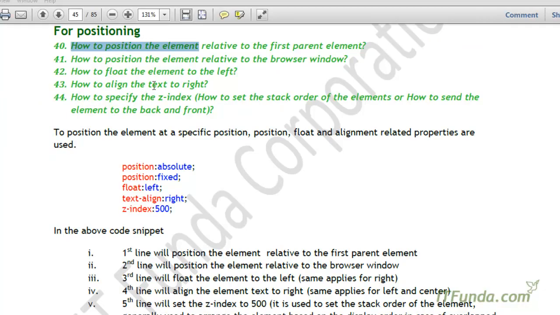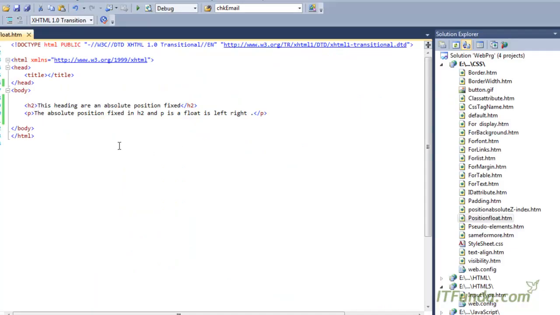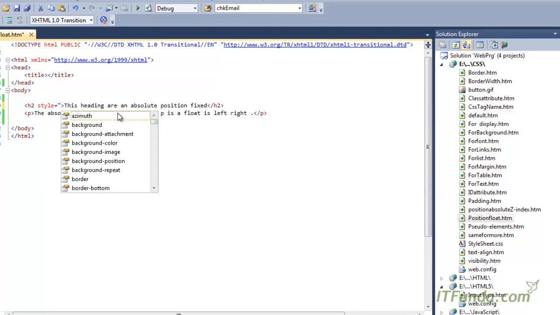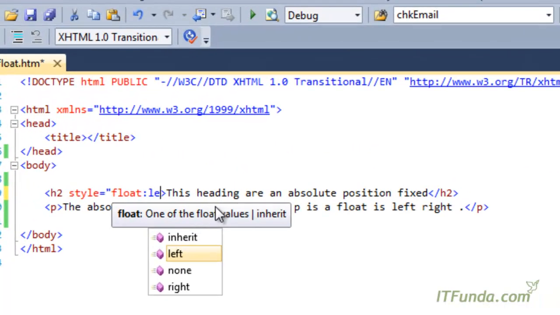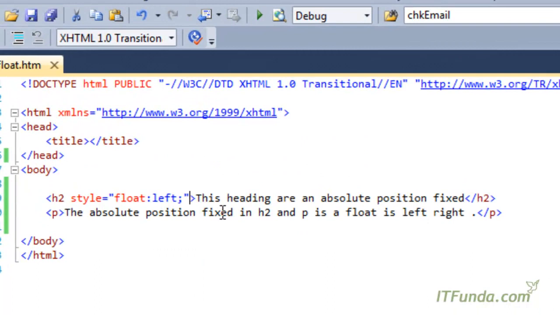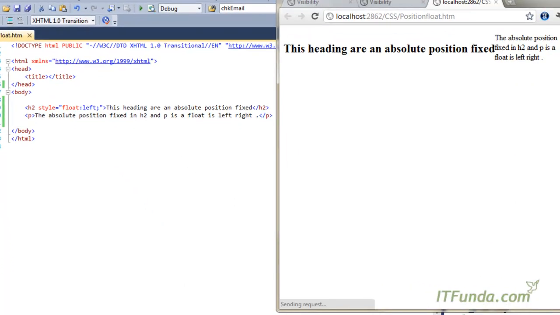Now in case we want to float the element to the left or right, then we can use the float related CSS style. For example, here we are writing float and left. Now what will happen is that the H2 where I have specified the float CSS style is floating to the left, and that is why you can see that the next statement, that is the paragraph, is coming at the right.